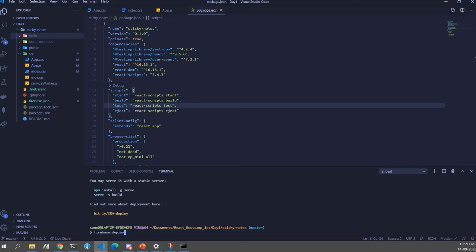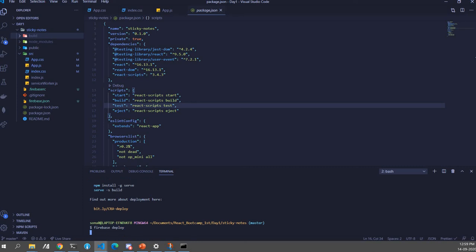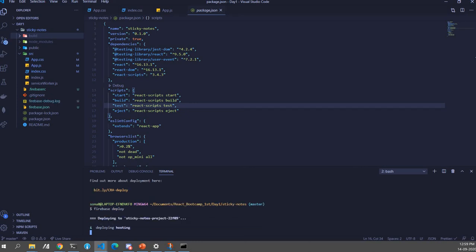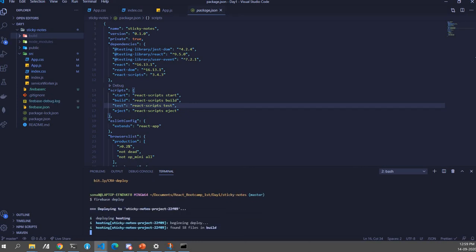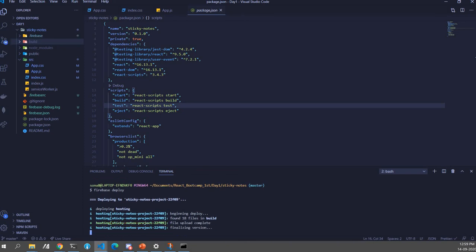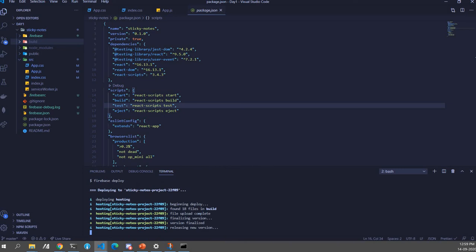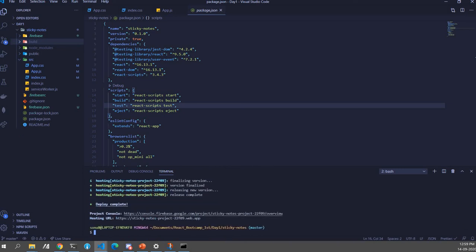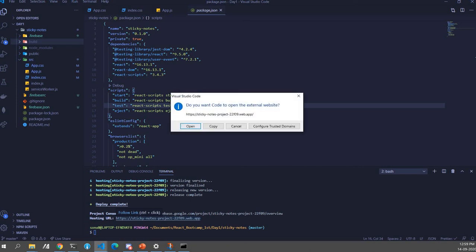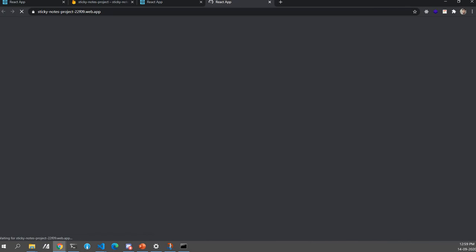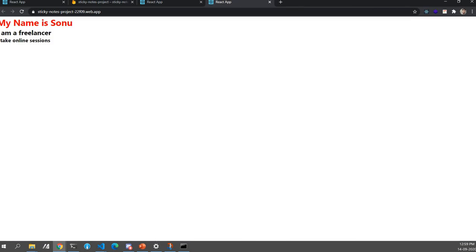Just write this command, firebase space deploy, and press enter, and count 5, 4, 3, 2, 1, and we are done. Now control click on this, and when I open this, we have an app deployed on the cloud, right guys?